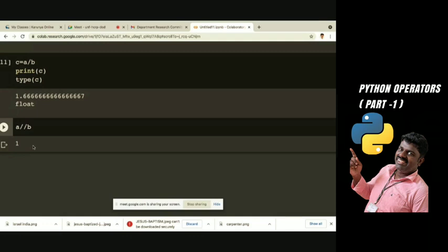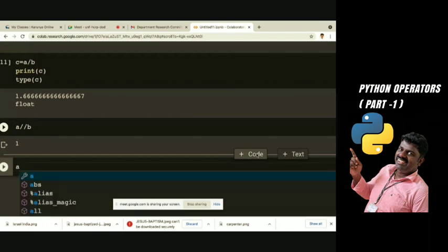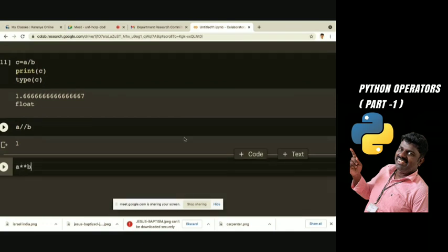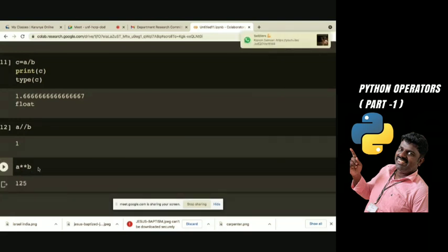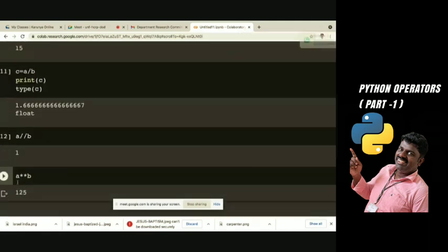And then we can go for exponential. Now, floor division and exponential are also not there in C, but we can use double star. For example, a double star b: a is 5, so 5 cube. 5 into 5 is 25, 25 into 5 is 125.